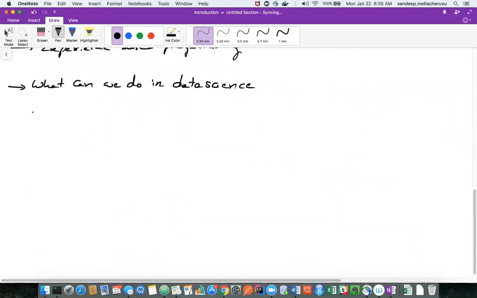There are primarily only three kinds of things that you can do in data science. Let me write in bullets. One, which category does it fall into?